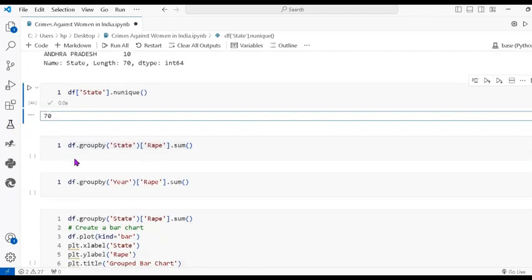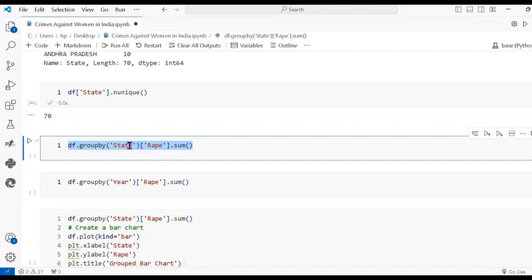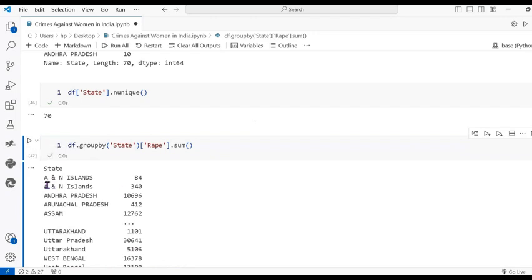Now see, using the group by function. So df group by, where I pass the state name and then the column name. The state name is a column name, and rape is also a column name, and give the sum, the total sum. So you can see the A and N Islands, there are 84 rape cases,